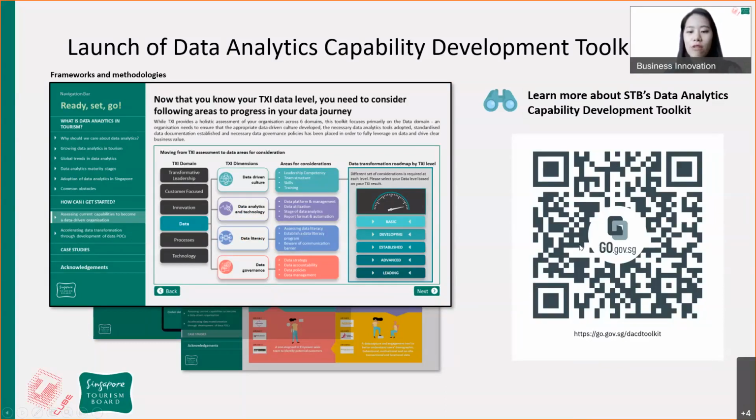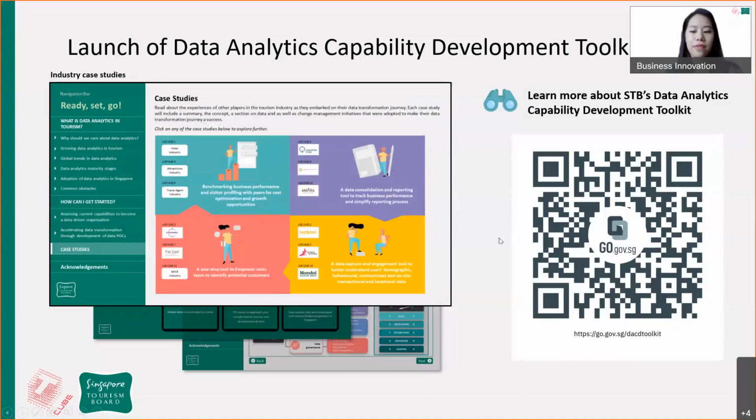Once you have done your TXI, you can input your TXI results into this toolkit. Just now, we put up some Gantt charts of the roadmap that each company can embark on. We have included these initiatives and Gantt charts within this toolkit itself. Once you know where you stand in your data transformation journey, you can reference this toolkit to develop your own roadmap.